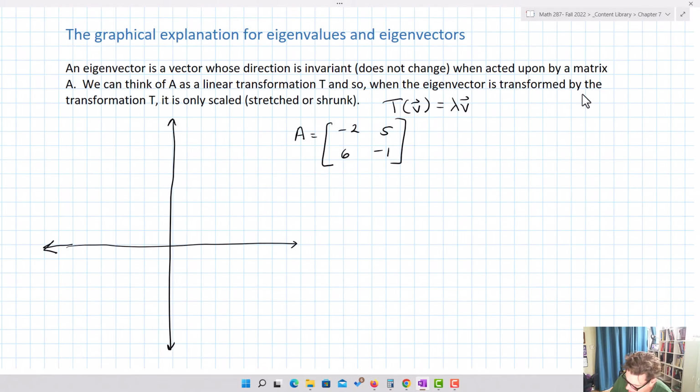And we imagine that as the linear transformation. So let's let this be T, the associated linear transformation T of v. And we start out with this vector -1, 1. So remember, our first vector was -1, 1. This vector right here. So there's that vector. And then under the transformation, what happens to that vector